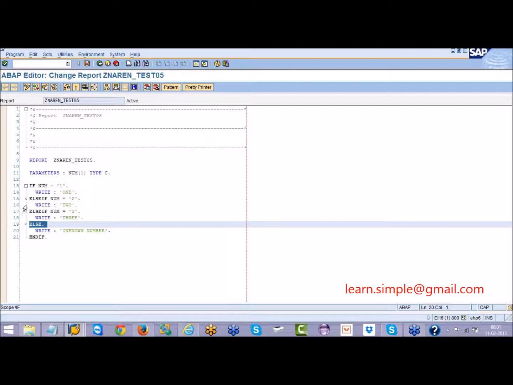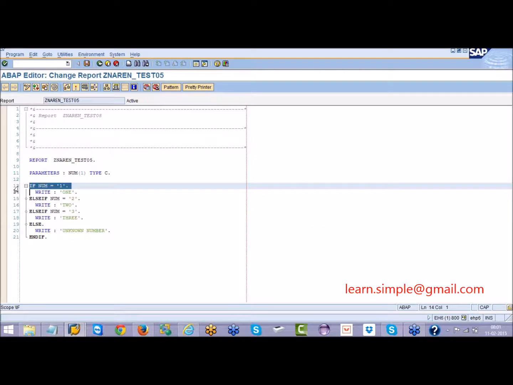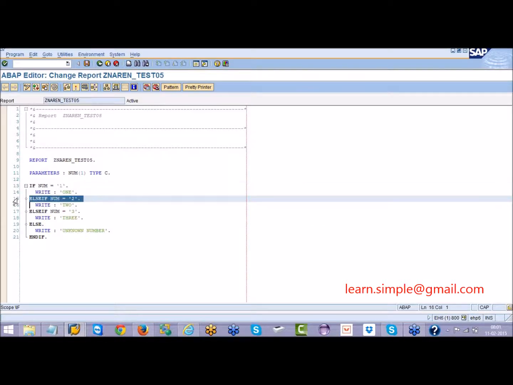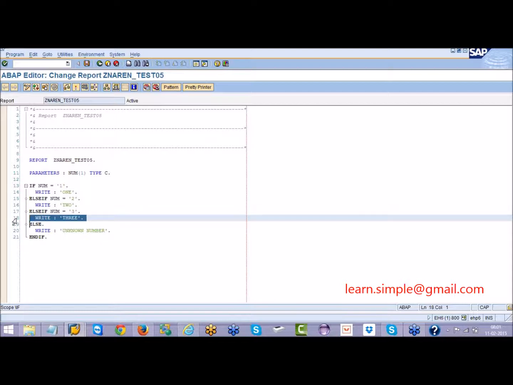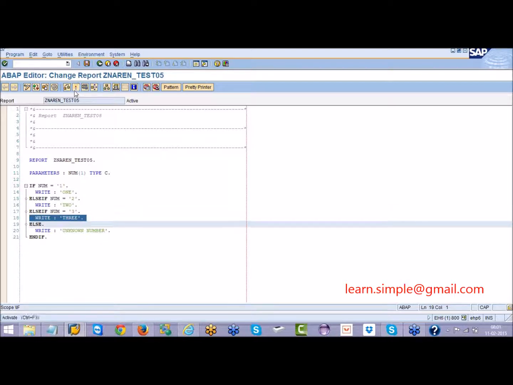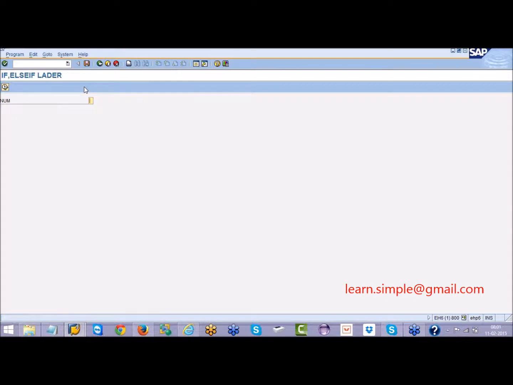But until a condition gets satisfied, in case in the input, if I have given 3, it could have checked this, then it could have checked this, and then it will come here, and then it will write 3, and so on. So until and unless the condition satisfies, for example, here I will give some percentage.